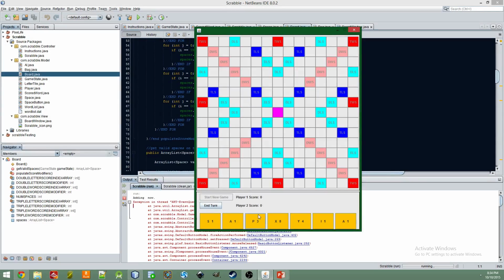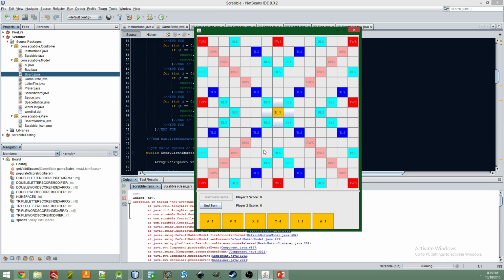You can see once you start the game and you start your turn, the only space available is the center space, just as in Scrabble, and you have your rack. Now you select the tile from your rack to put it on the board, and the only valid square is the middle square, and I'll show you how that works. We'll go ahead and select the letter. I'm trying to see if there's a word we could use here. Maybe you see something better than I see, but I'll just use a quick, easy one. SAP, and you can see